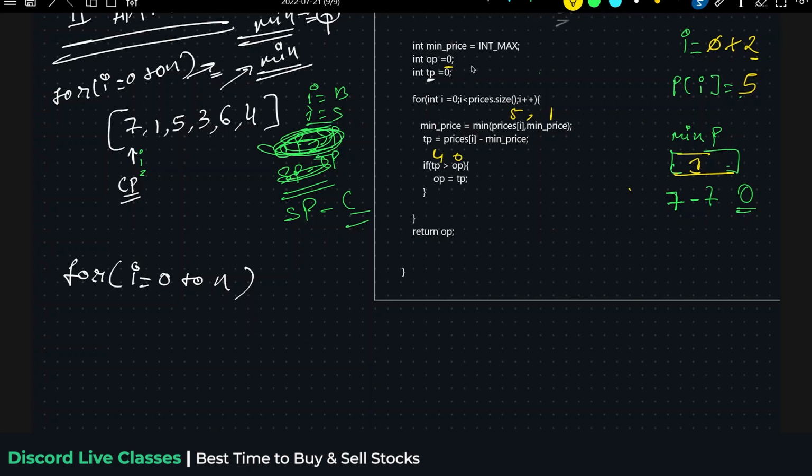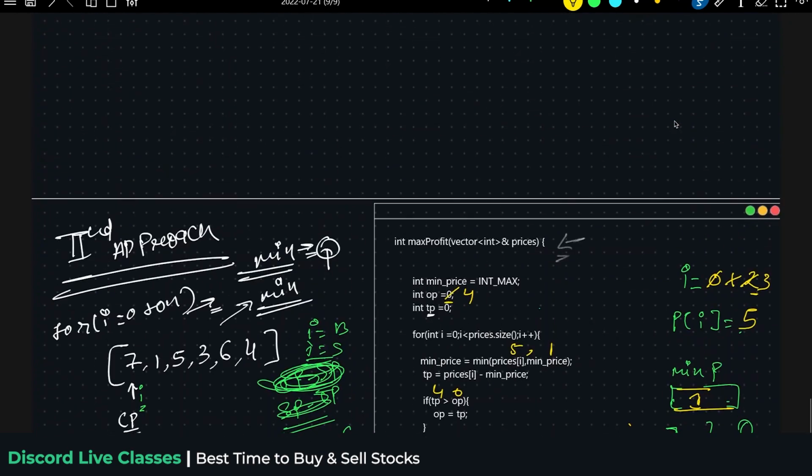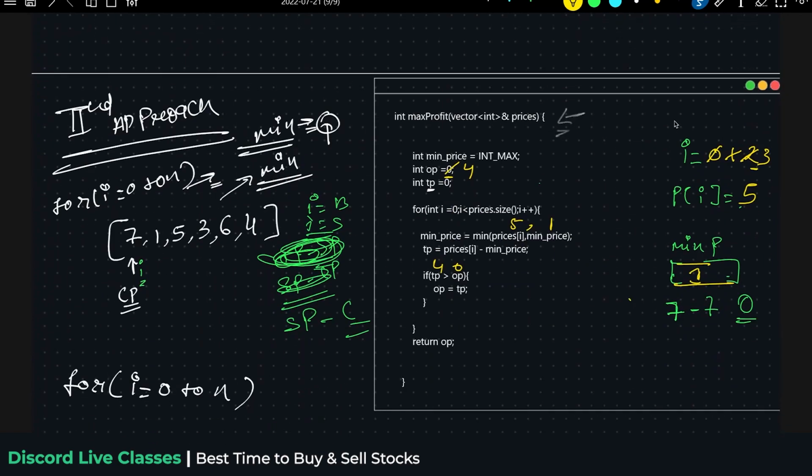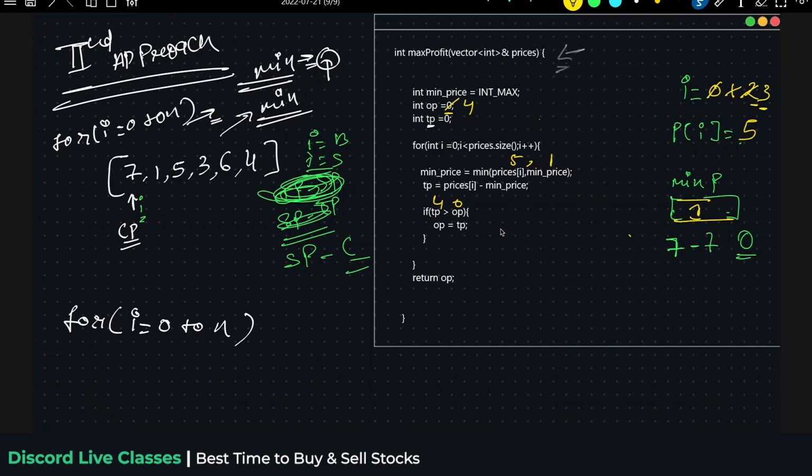0. 4 is greater than 0, then we will update this with the 4. Then what we will do? We will return or we will again increment? We will again increment, with the value 3. I will become 3. And then when I becomes 3, I will again run this whole particular set of instructions again and again.